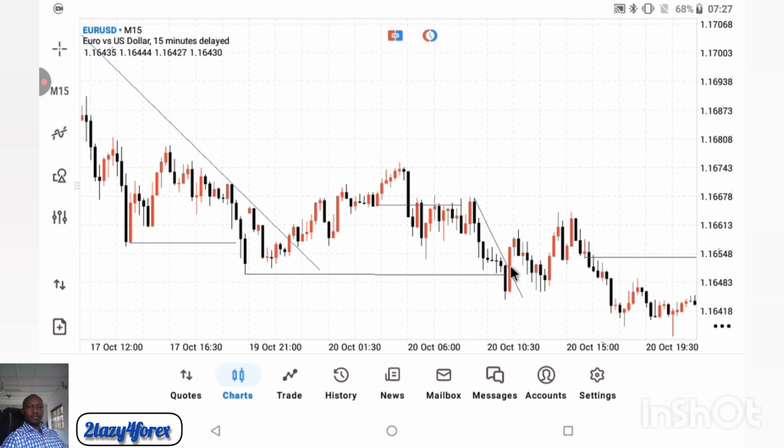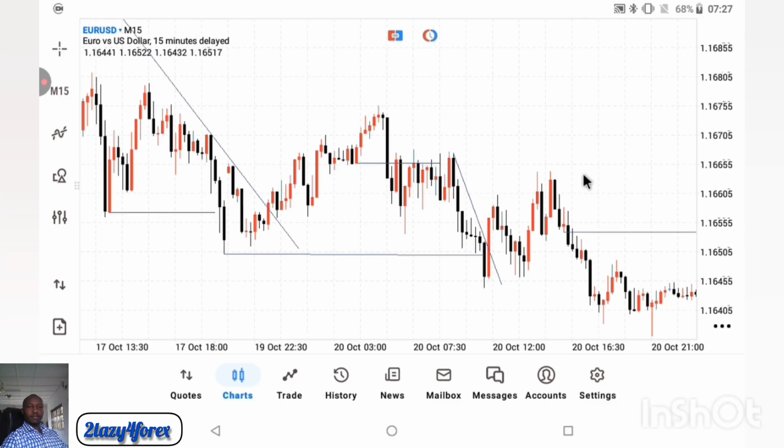Look at what happened. Price came in with a high and created a higher high, meaning this is a pullback again. Something that happened there, a higher high and price went like this. The same thing, higher high, price went like this. So from this move, if we start looking at it,